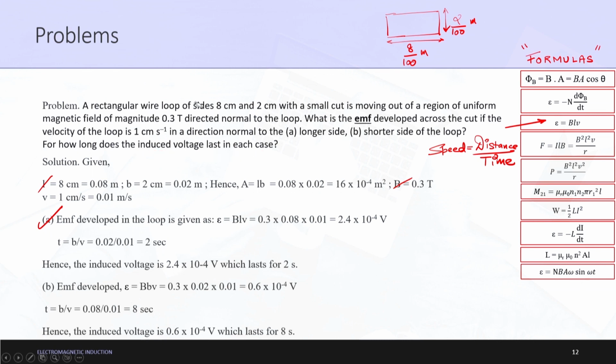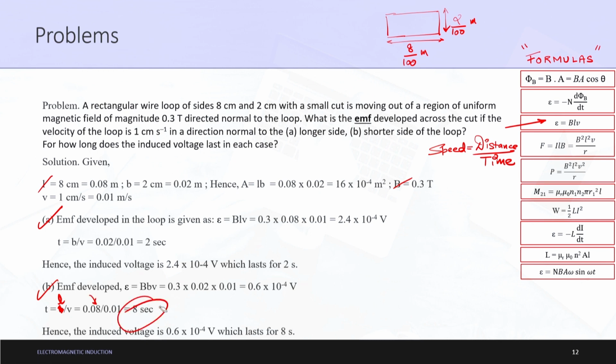Moving to the second case, EMF developed here will be again BLV, but this time the length value will be of the shorter side because the shorter side is being asked. Therefore, B into small b into small v, everything is given to you in the question. Mathematically we get the value as 0.6 into 10 to the power minus 4 volts. Again T is equal to, sorry, this should not be b this time, it should be L this time. So, small t is equal to small l upon V, that makes it 0.08 upon 0.01,